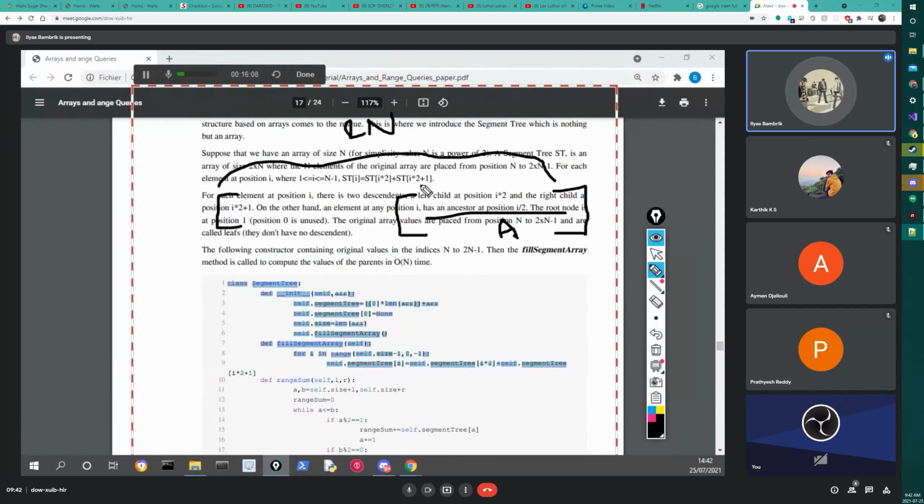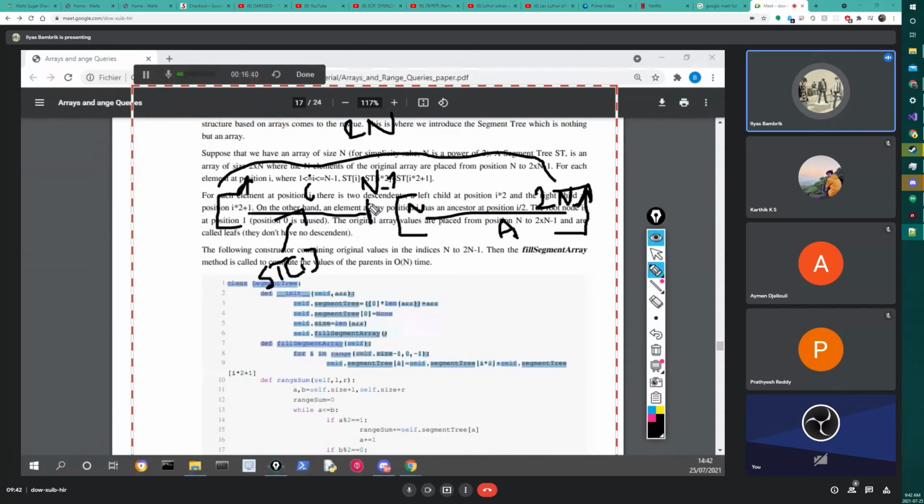The exact values are placed from n to 2n minus 1. And for each index here, from n minus 1 to 1, a value here, st[i], will be equal. So, for example,